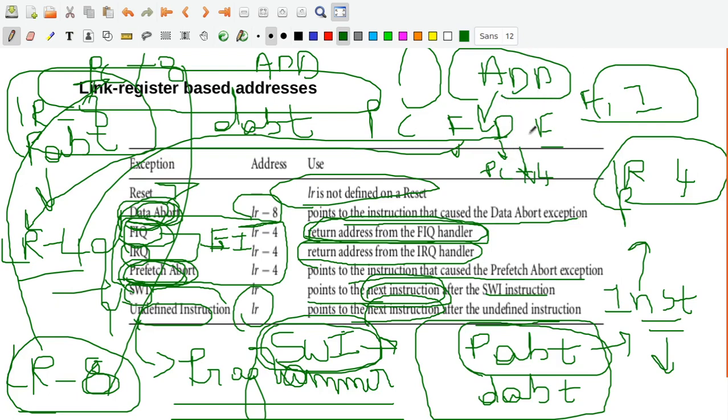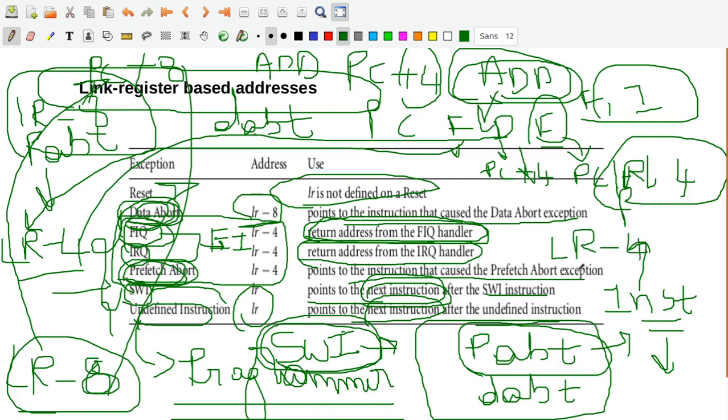So still it is in the decoding, even though it would have gone to the execution step also, but it would not have completed that one. If it had completed, it would have gone to the next instruction. At that time, if the exception is raised, then it's not a problem. But if this instruction is still being fetched and decoded, at that time PC is still incremented by 4. When the exception is raised, the return address has to be LR minus 4.